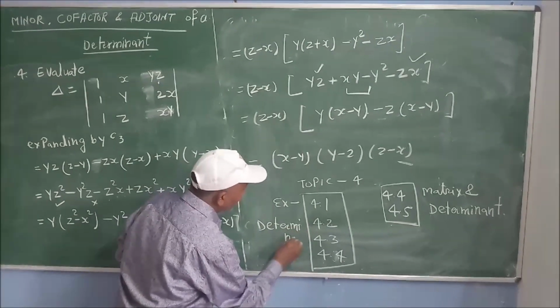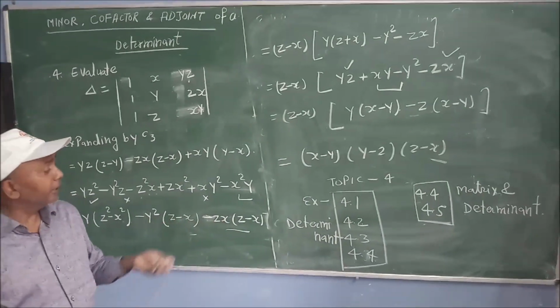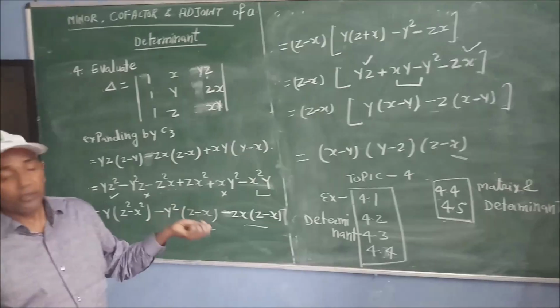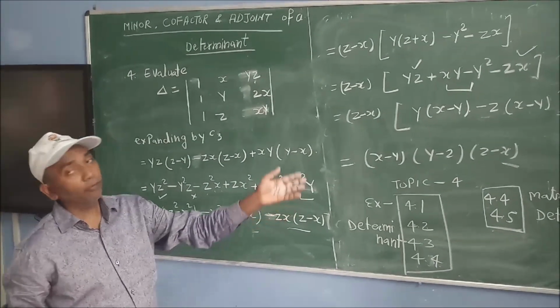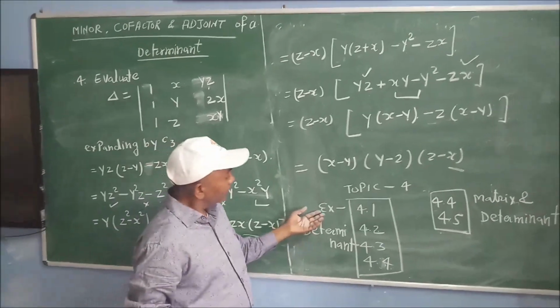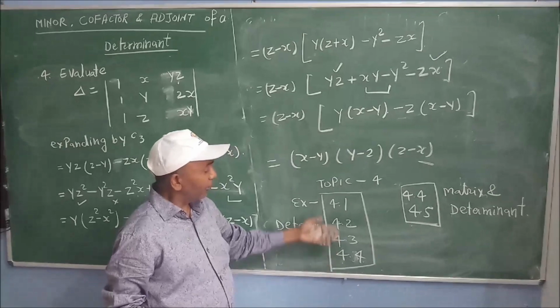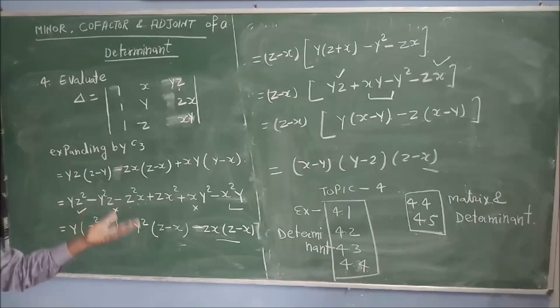So what is the difference between a determinant and a matrix? The simple difference is that a determinant can be expanded and we will get a single value, but a matrix can never be expanded. So determinant up to this topic 4.4, we have already finished, and some questions are also from the miscellaneous